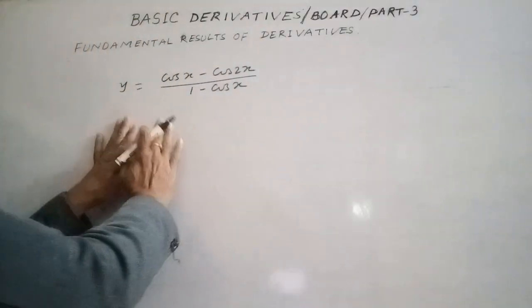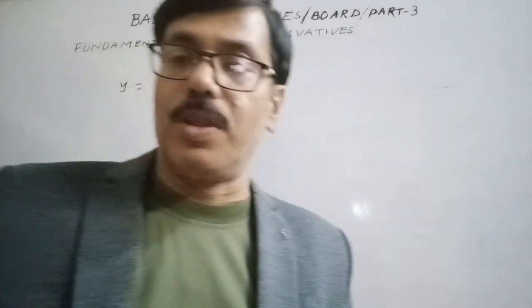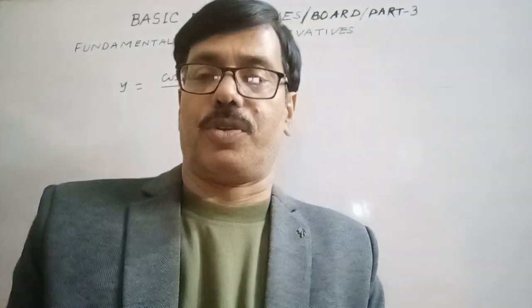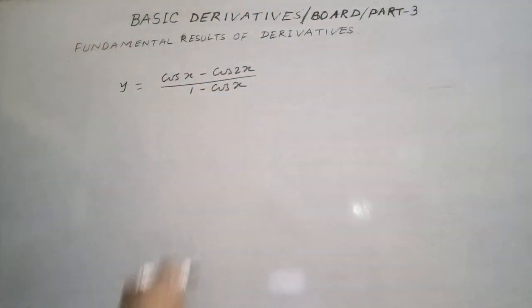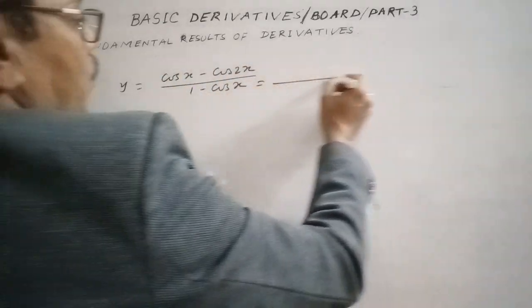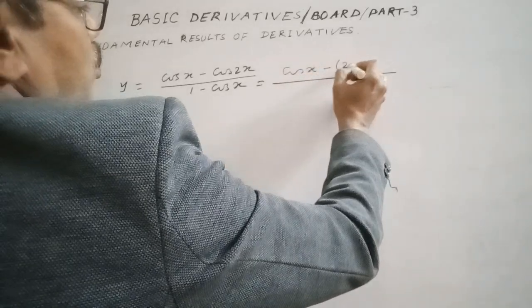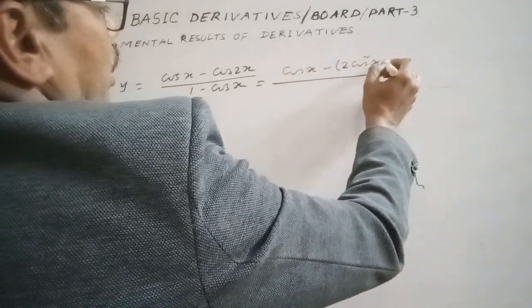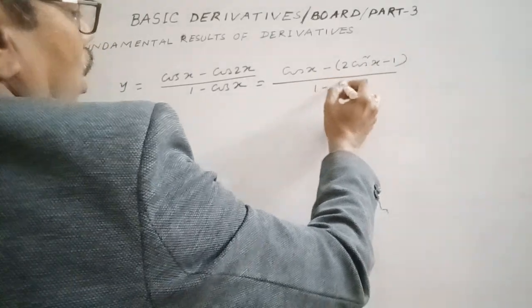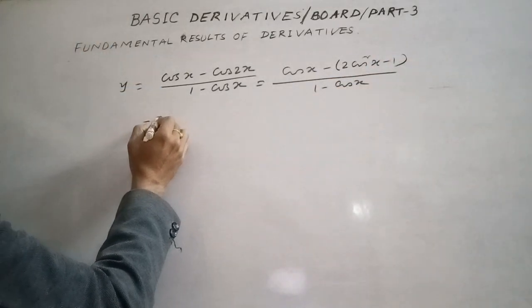So our main aim will be to express it in simplified form if possible. So this is x, 2x, this is x. So in terms of the same trigonometric function, cos x, cos 2x is 2 cos square x minus 1, so minus